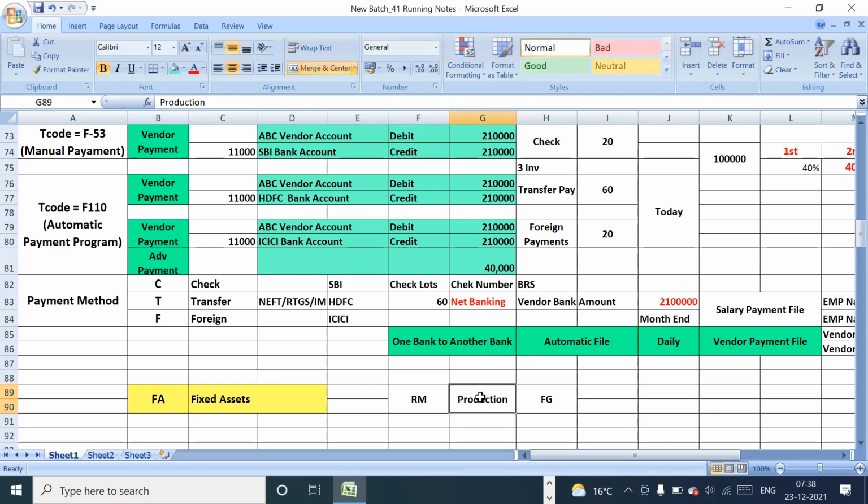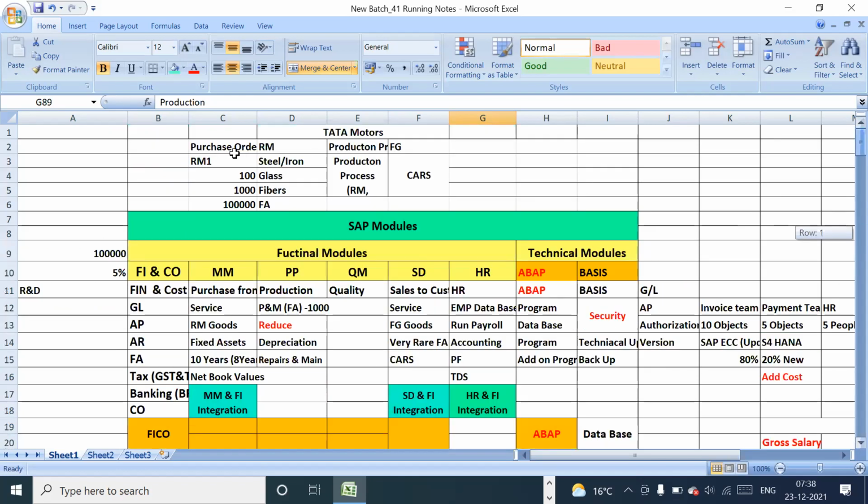Okay. If you take an example, I think we even discussed it in the first two sessions. Take the example of Tata Motors. What is Tata Motors' business? They are going to manufacture